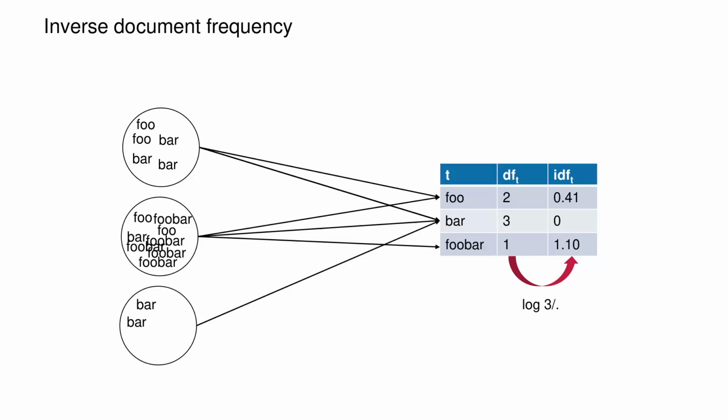All right, so now it's in the right direction, right? We are going to have a very low n over df in the case of the frequent words, and a very high n over df in the case of rare words. But we are going to do one more thing. We're going to take the log of that, just the logarithm, to remove a bit of the influence of very high numbers. Why? Because if you have a document with 1,000 times the term and another one with 2,000 times the term,